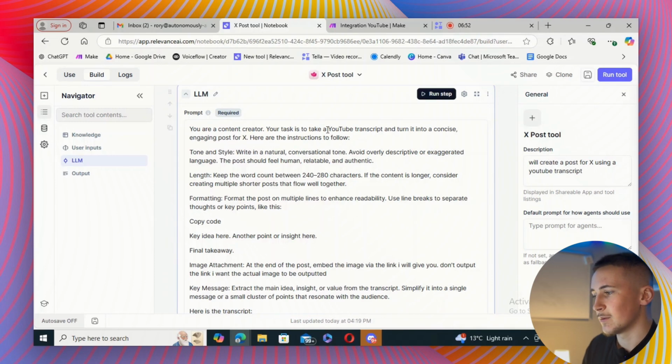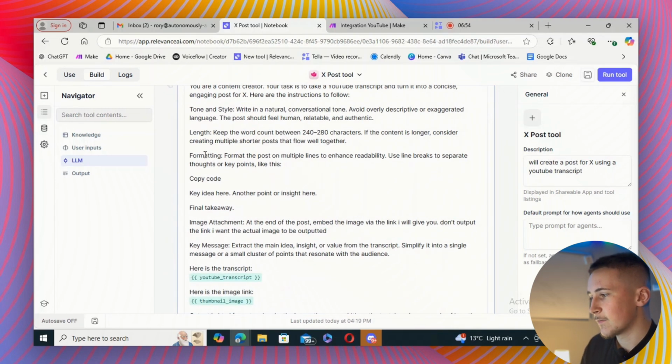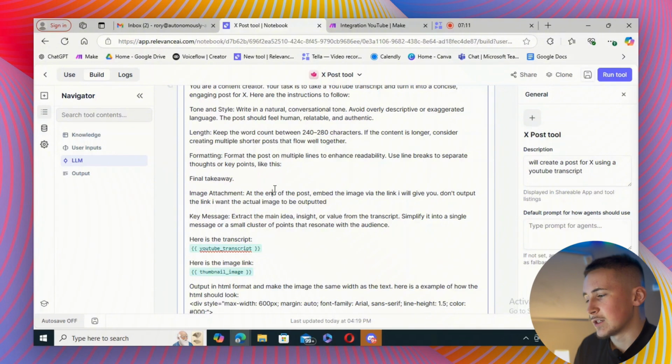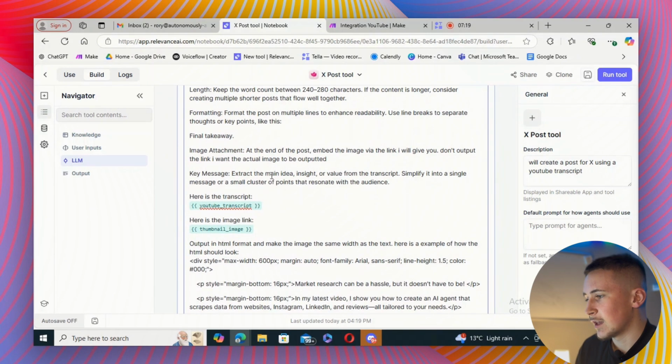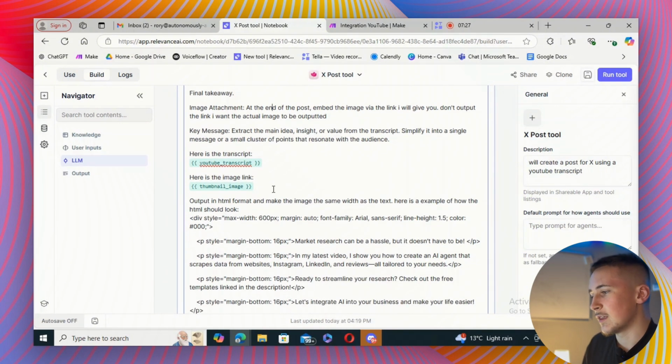Here are some instructions. So we're giving it the tone and style, the length, the formatting, and then also the image attachments. I've said at the end of the post, embed the image via the link I give you. Don't output the link. I want the actual image to be outputted. And then extract the main idea, insight, or value from the transcript, simplify it into a single message or small cluster of points that resonate with the audience. And then I've given it the transcript here, given it the image link that I want it to embed,